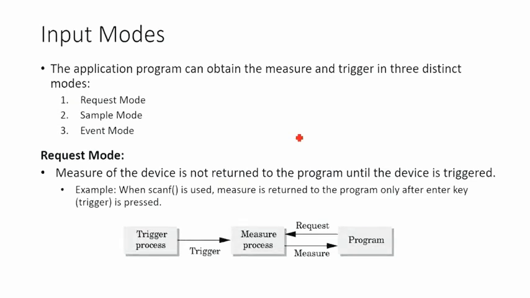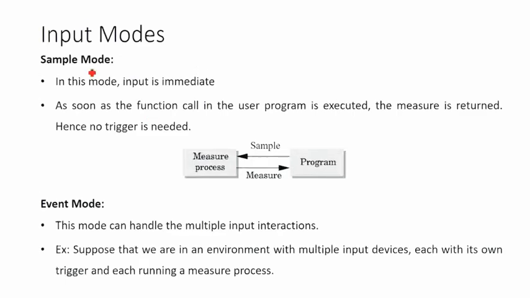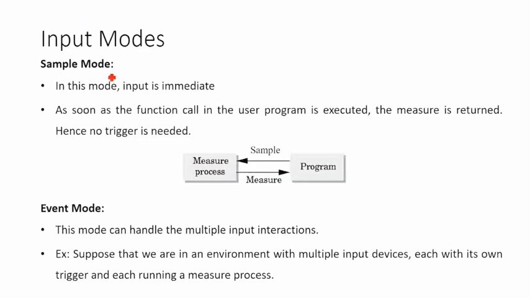And then we have a sample mode. The sample mode is basically immediate. Whenever you execute an API call, it captures the image, right? You basically have some function. That function executes, and whatever the data would be, it is captured from whichever type of input it is, just as it is, right? So the program requests the immediate measure, and the measure is given back from the OS to the program. This measure would be captured by the device and given to the OS.